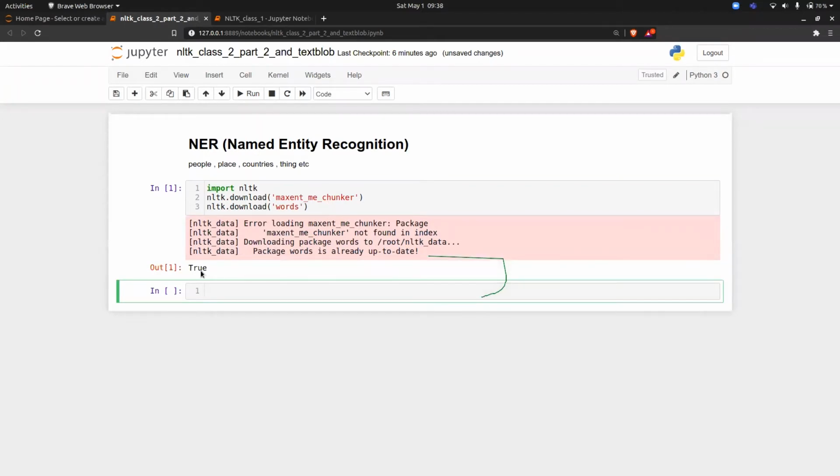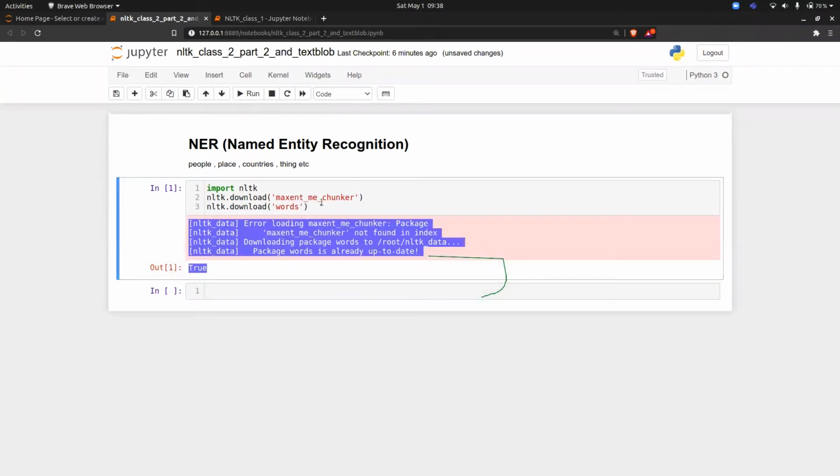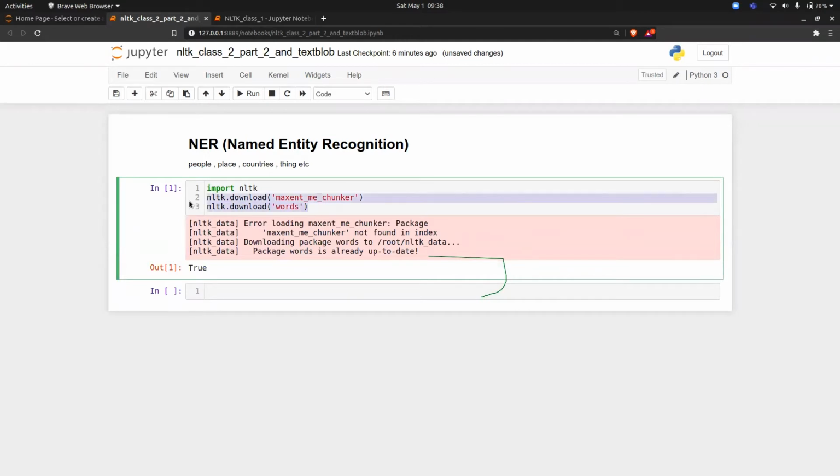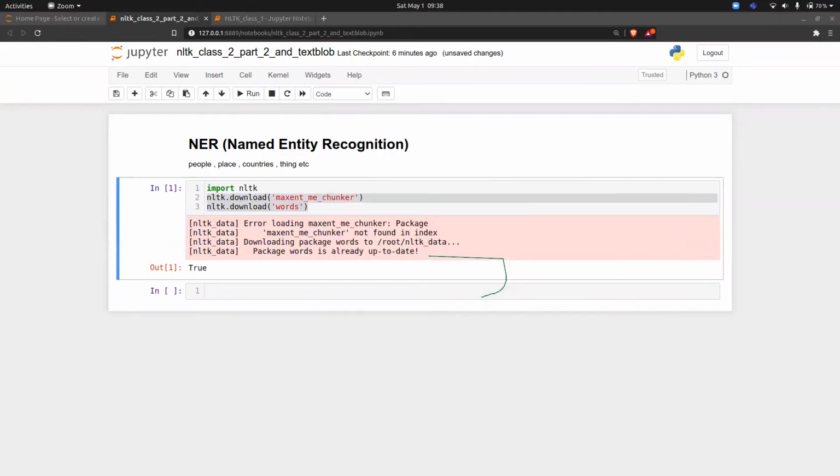For me it's written True, this means that this is already downloaded. For you it will get downloaded. So I will just copy this and paste it in the chat so that you can also write the same thing.